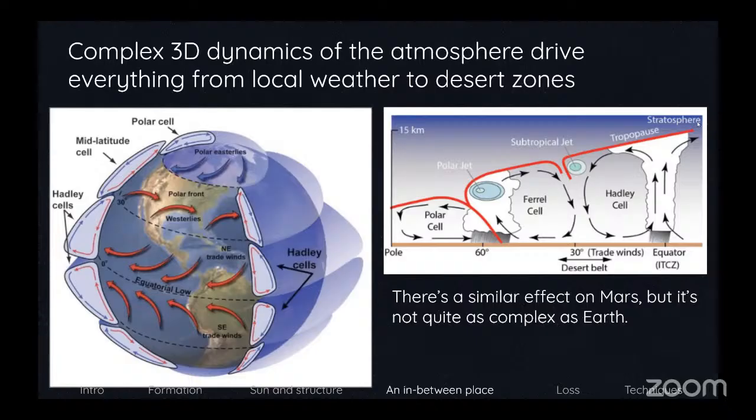And I really like this plot at right here because it shows how this climate and atmospheric circulation affects what's on the surface. So the circulation direction of these cells leads to areas of both upwelling, like here at the equator, and downwelling, like here at 30 degrees latitude. So as this atmosphere is welling up, it's getting cooler, which ends up producing a lot of rain. And what do we have around the equator? A lot of rainforests.